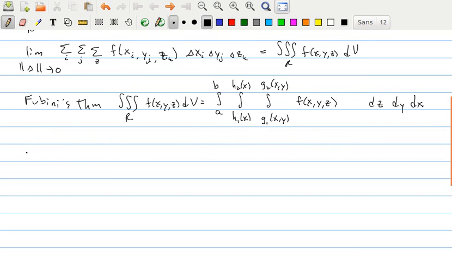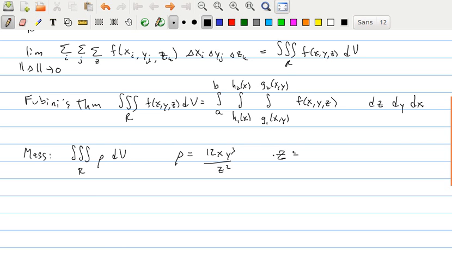Let's look at an example of this. Let's look at mass, because we can't really look at hypervolume and make any meaningful sense of that. So mass is defined as the triple integral over the region of some density function. Let's suppose that our density function is 12xy cubed over z squared, and we're finding the mass of, so this is the density, and the region is given by the part of the surface, the region between